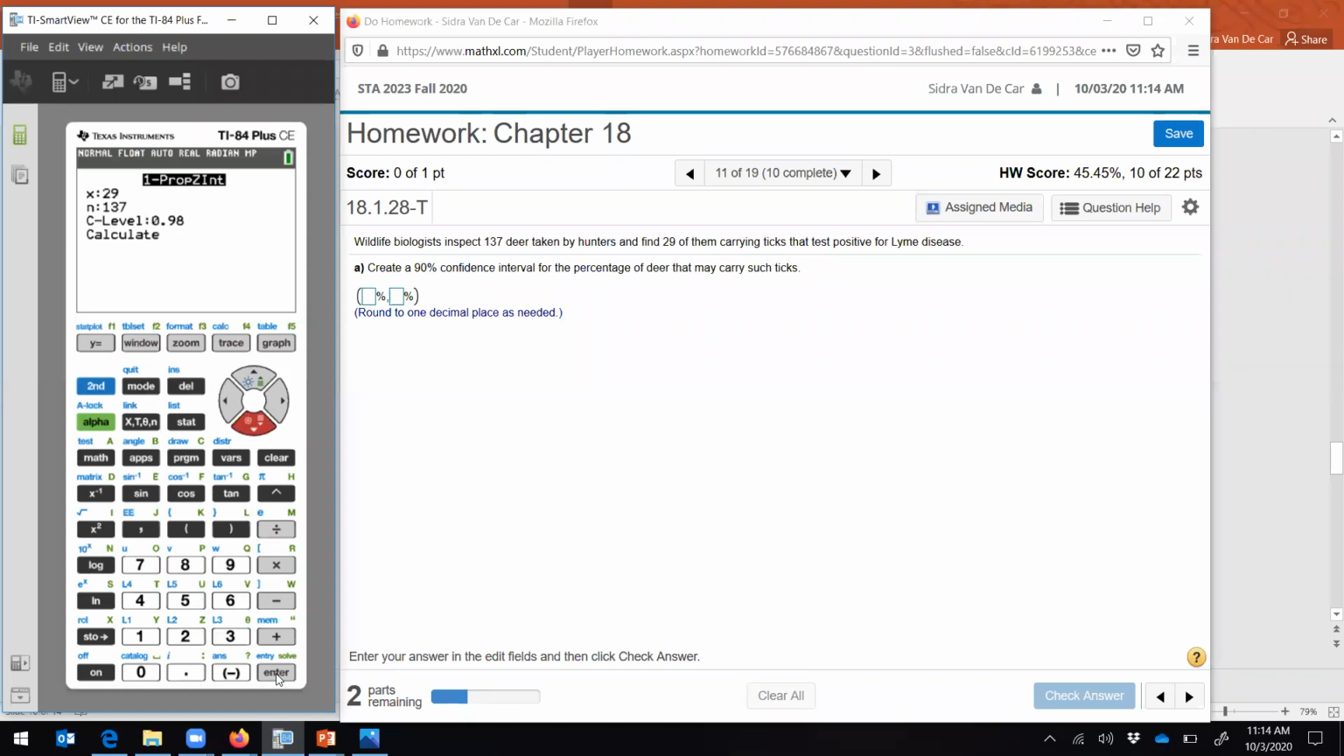And by the way, every single time I'm doing this, I'm checking my 3 conditions. I'm checking to make sure that it is randomly selected. Well, we don't have that, but we would hope that these represent usual deer, right? Nothing unusual about them. 10%, 137 is